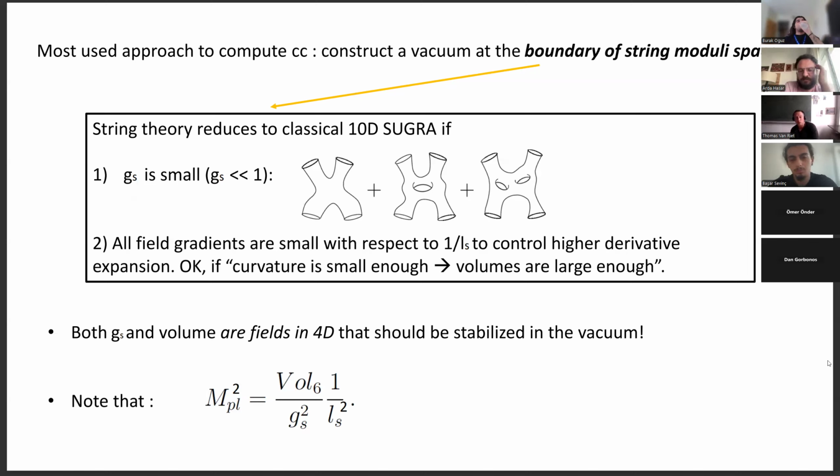But I just want to mention, it's a fair point that one good criticism of string theory, I would say, is that we can only compute with it in specific corners. This corner I call the boundary of string moduli space. But I would say it's not a problem of the theory. It's more a problem of humans. It's not a problem of the theory, right? So it's something else. But indeed, it's a good point.